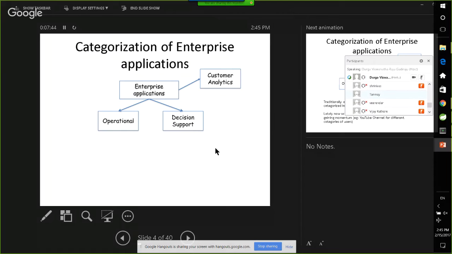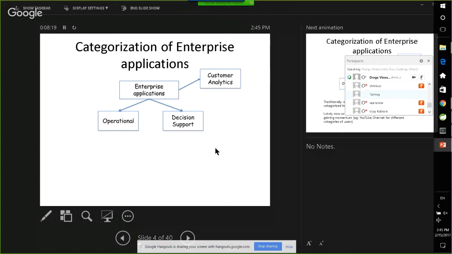Even though it does not impact the bottom line of the company directly, it can improve the loyalty of the customers towards the organizations. And now technology is available. Most of the people are actually spending time on that. Customer analytics is another set of products that are coming in. YouTube has it. I am one of the content publishers on YouTube, and I can see my daily report on how much traffic I am getting. YouTube is one classic example of customer analytics.